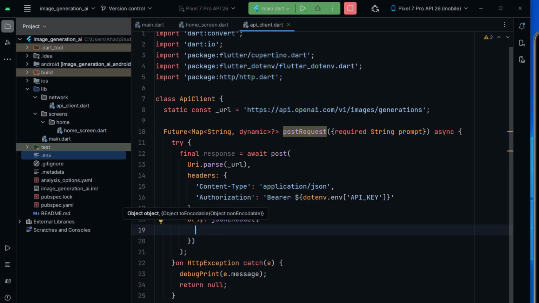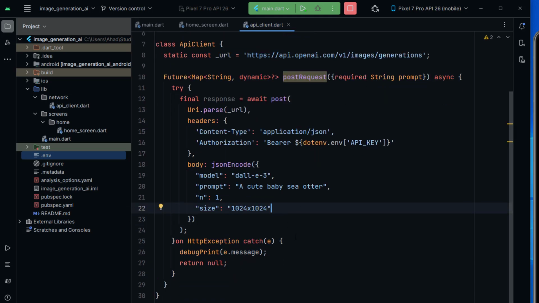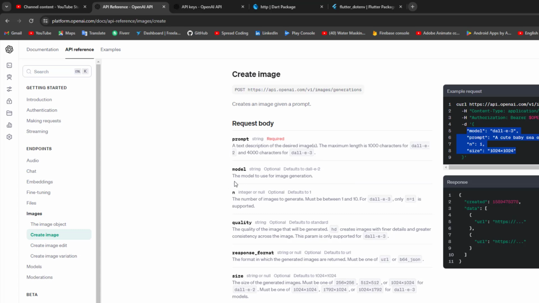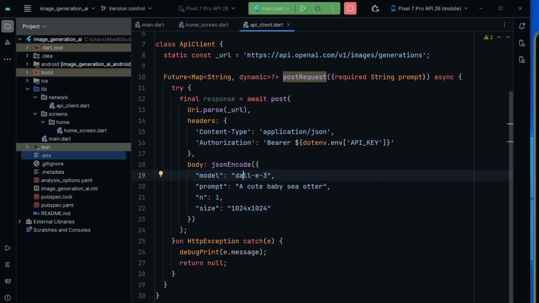Here we can paste our body part. First of all, let me explain this. First of all, this is a model. So we are using model DALL-E 3, right? You can read about this in the documentation. Everything here you can see, right? DALL-E 3, and